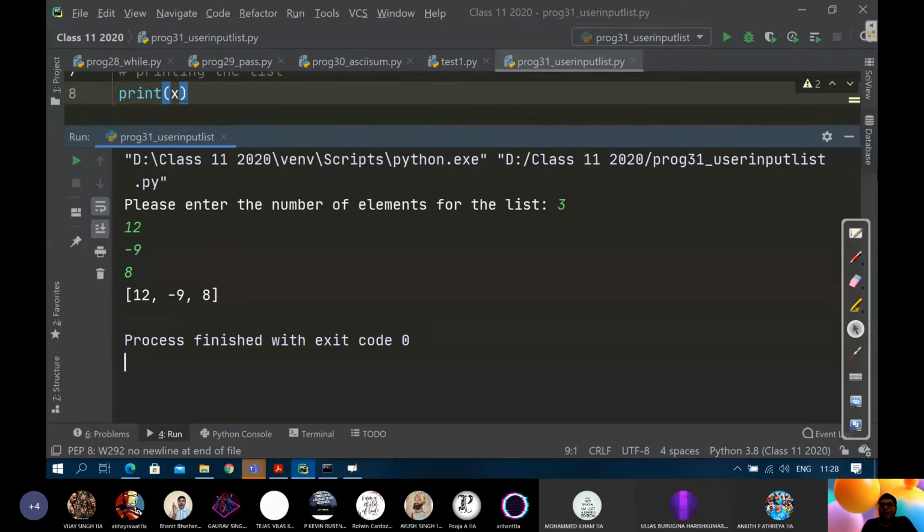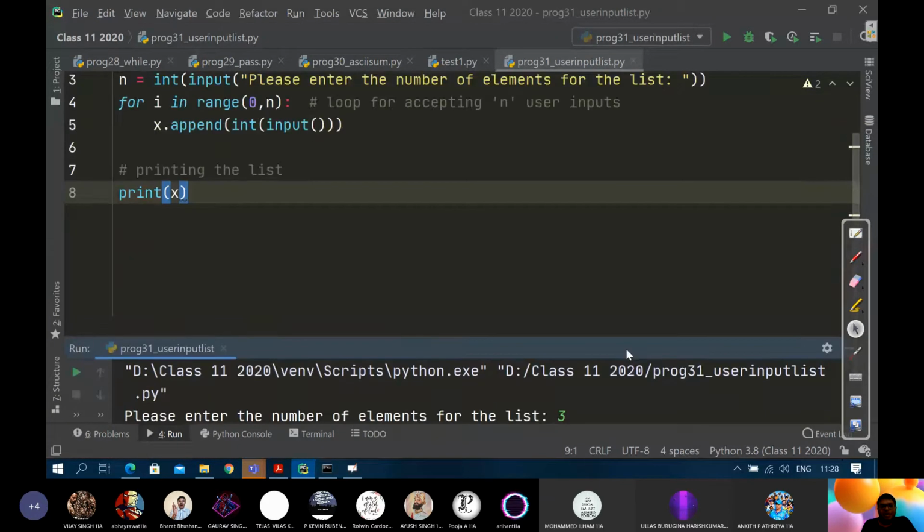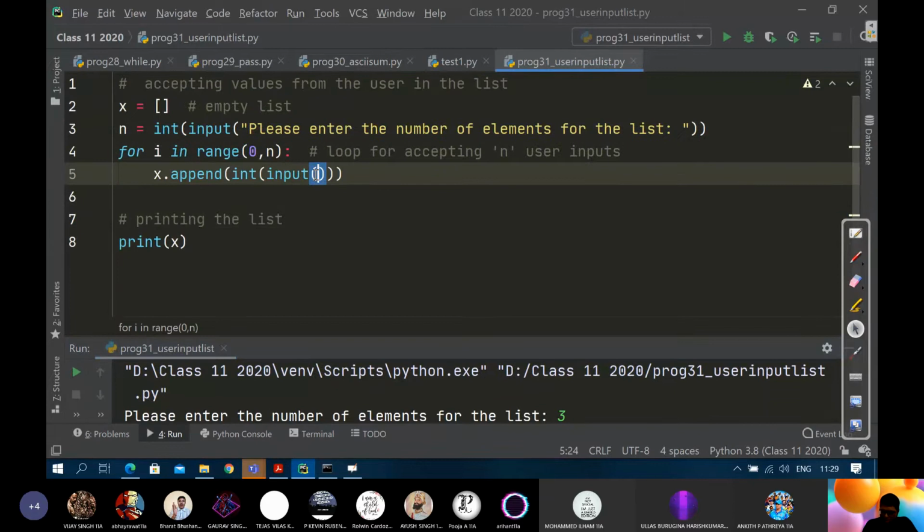But to make the program more readable and presentable, what we do is we leave a message, which will be a single string. You can write, please enter a numeric value, or please enter an integer. The prompt that you give inside input has got nothing to do with whether you later want to convert it into string, integer or float. This message is only for the sake of making the program more readable and more friendly to the person who will be using it.